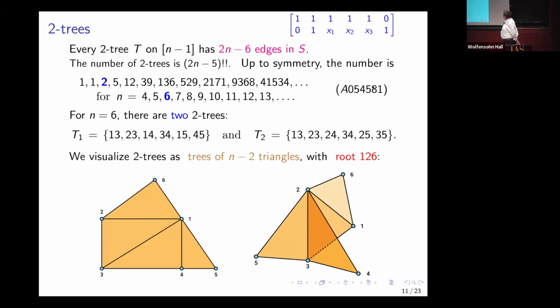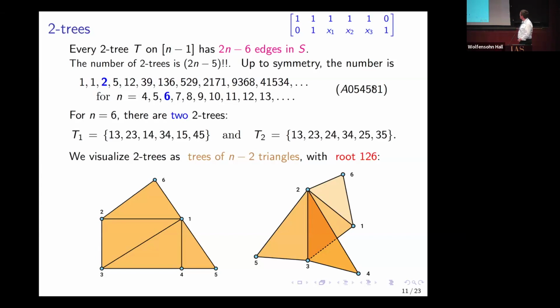So let's see some examples and summarize some basic facts. I'm going to disregard the original 1, 2 edge, so I'm only going to count the number of edges that I added in. With that count, every two tree on n minus 1 has 2n minus 6 edges, an even number of edges. Now, if I look at these two trees together with their labeling, then the total number is 2n minus 5 double factorial. And double factorial is the product of odd integers, 1 times 3 times 5 times 7